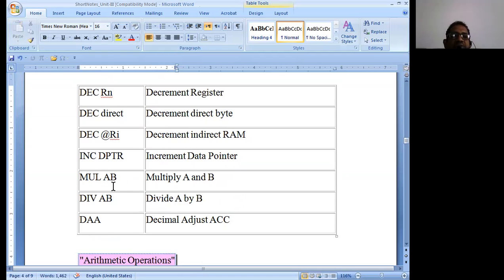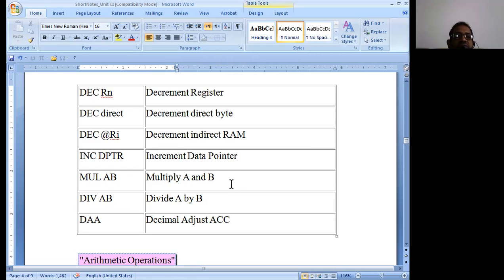Multiply AB. This is what I was telling you: for multiplication and division, we simply use registers A and B only. This is an important point which we have to look into. In multiplication, A and B are multiplied and the result is stored in the accumulator.